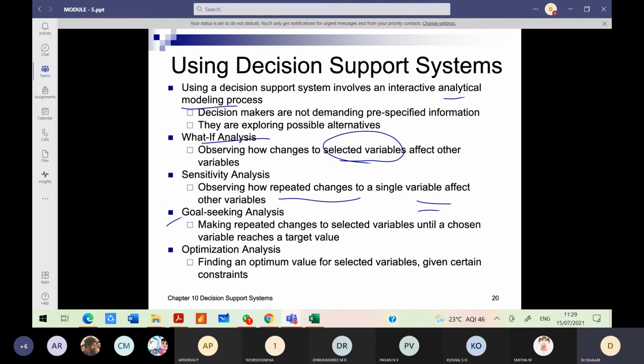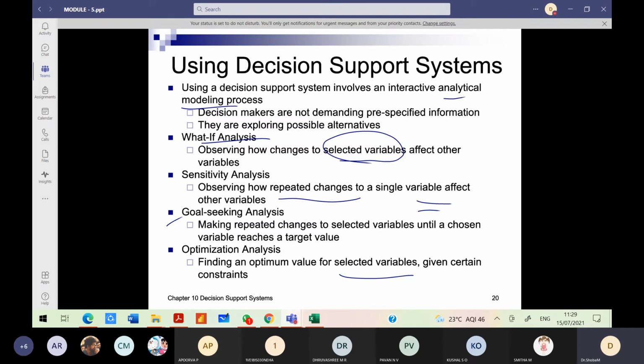We were discussing this also, the optimization problem. You have to optimize one of the values, either maximize or minimize. That is called an optimization problem, and analysis can be carried out based on optimization as well. It means finding an optimum value for selected variables given certain constraints. Take the traveling salesman problem. What are the selected variables there?